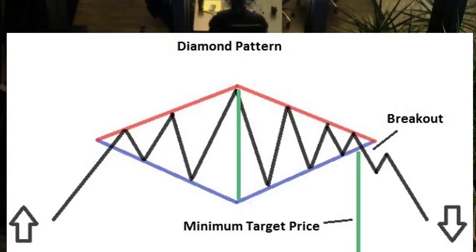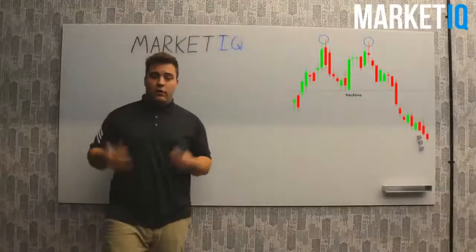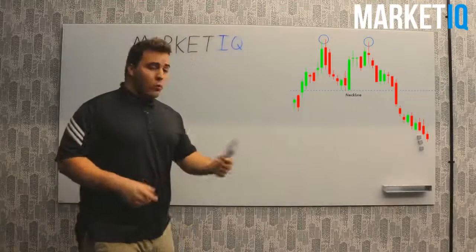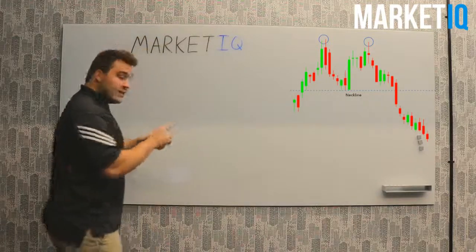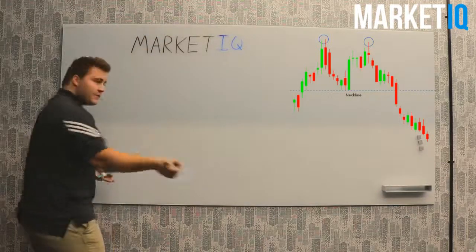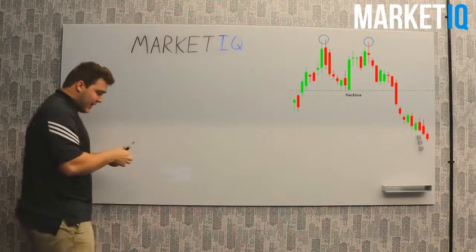When price is coming from an uptrend, it's often sent into a downtrend. Now we're going to cover on the whiteboard some reversal patterns. We're going to start off with the double top. So what classifies a double top is we have price